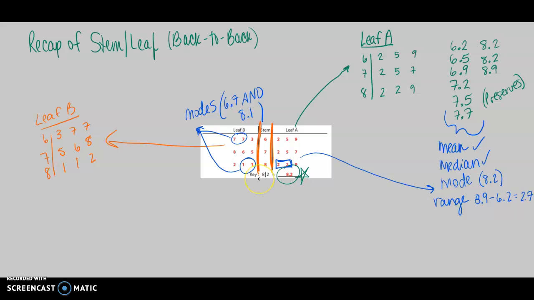Okay, so make sure that you know how to read stem and leaf plots. You're going to need to know how to read a back-to-back plot. You're going to need to know that the data is preserved, which means you can find the mean, median, mode, and range. You're going to need to use the key to make sure that you know how to read the stem and leaf plot. So if you have questions about any of that or any of that needs to be clarified,